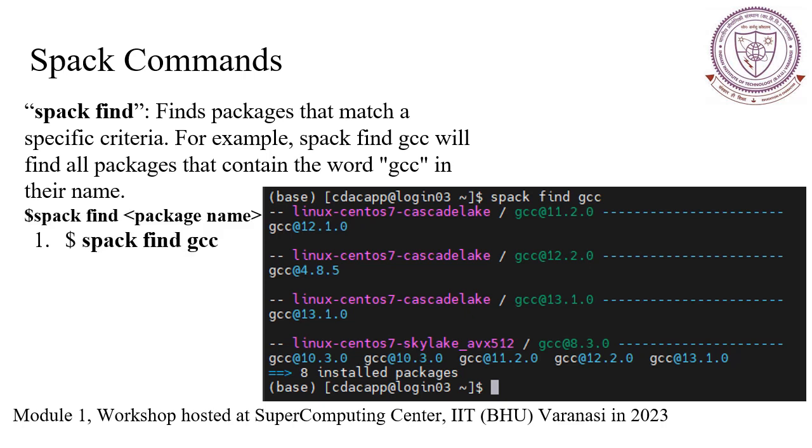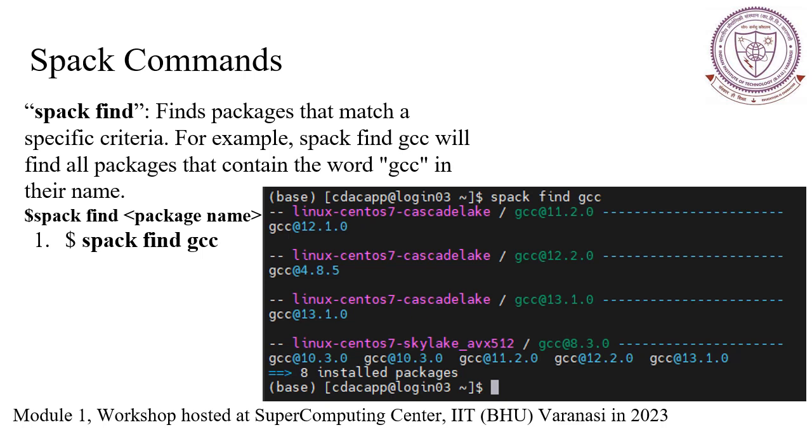So the spack find command finds the software packages that match specific criteria. This is a useful command for finding specific software packages or for discovering new software packages that you may not be aware of. To use the spack find command, simply type spack find followed by the criteria that you want to match. For example, to find all the software packages that contain the word GCC in their name, we write